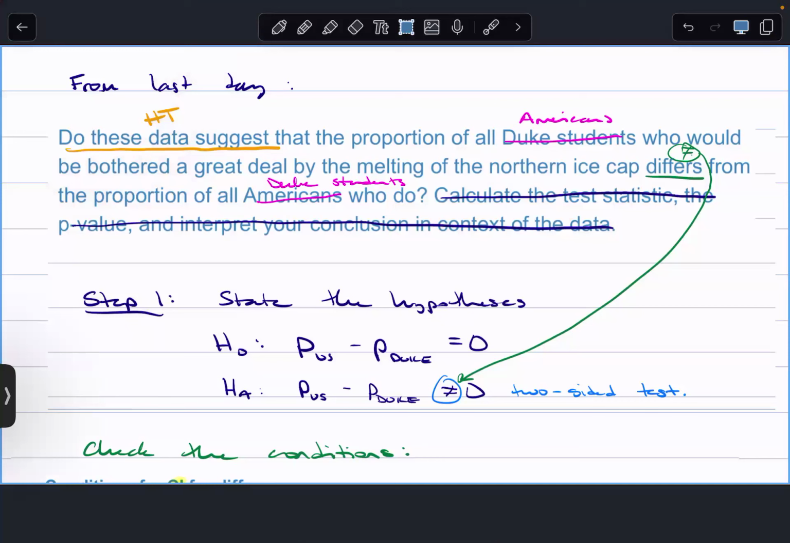So, kind of review, kind of picking up from last day. What were we doing? We did a confidence interval for 2 sample proportions, right? And so,